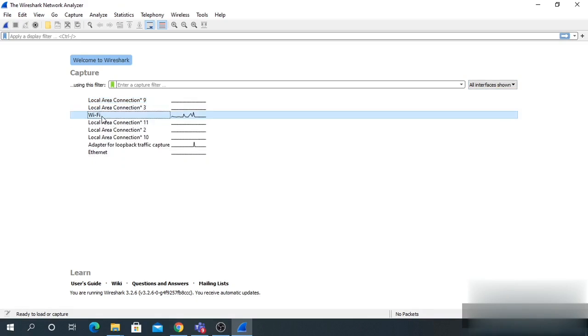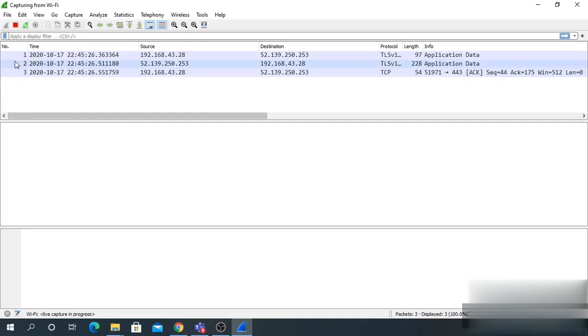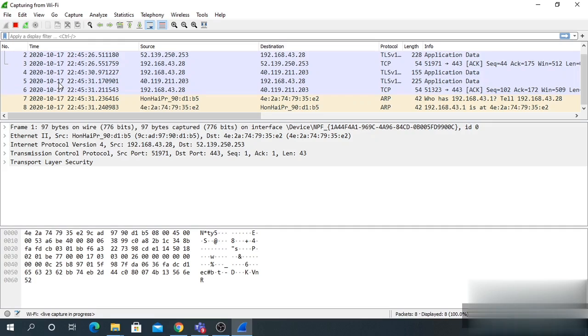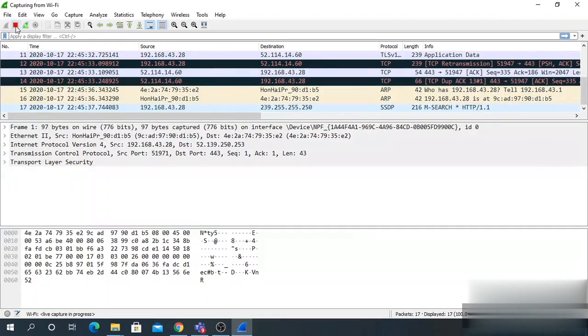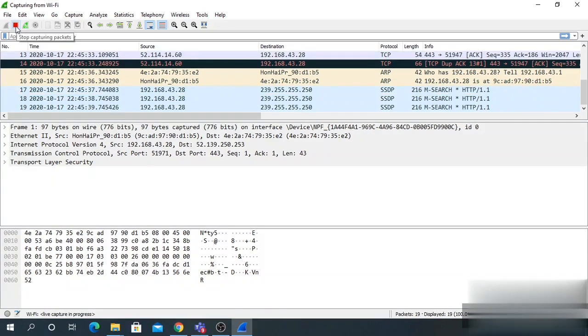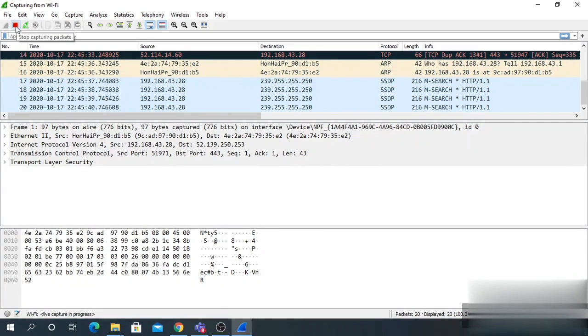We will select the Wi-Fi interface here, and the packet sniffing has started. We can click on the Stop Capture button near the top left corner of the window to stop capturing the traffic.